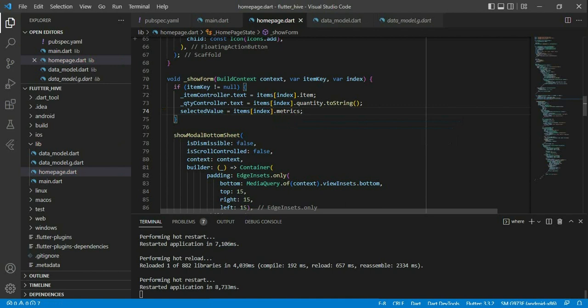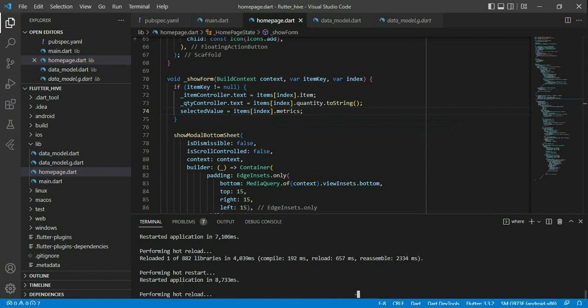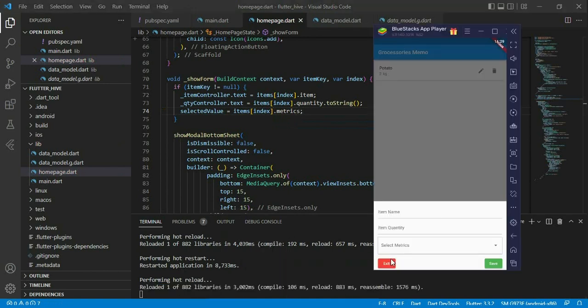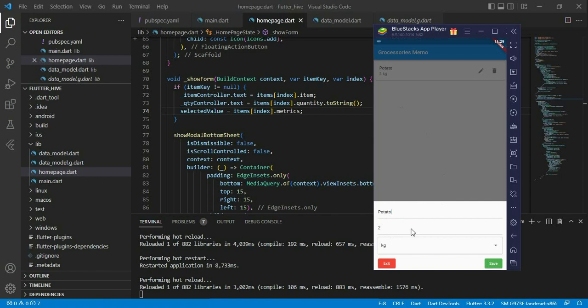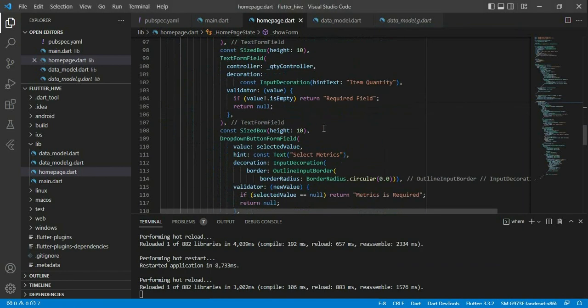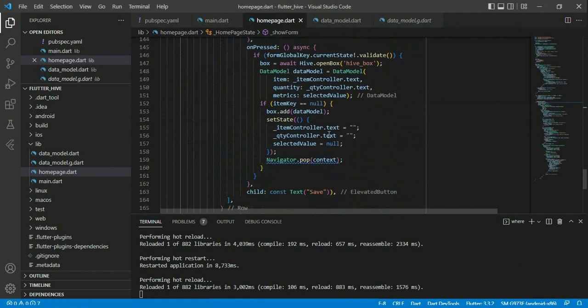Right, now when we restart it again, let's edit it, and we click, and we have the value placed on our items, and then we can change also, and then we can save. And it's now not working because, as you can see here, we have checked if item key is null. That means we don't have our item, and if it is not null, that means we have our item. So we need to else